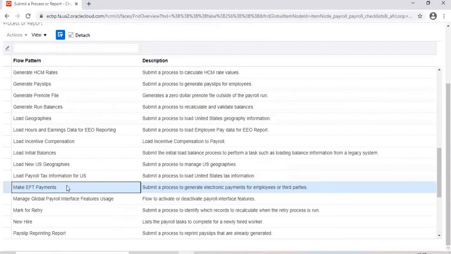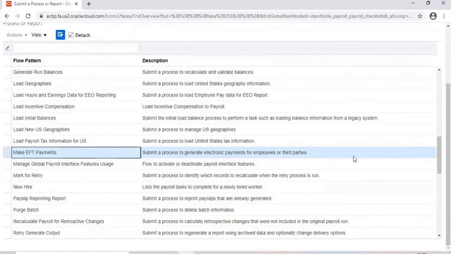Sometimes a file will be generated and you have to keep it on the bank server. And sometimes it generates a file, you will email that file to the bank so that they will pay salaries. Depending on the client, the requirements will be different. Accordingly, you are going to build this process. Sometimes we even create our own EFT payment process.